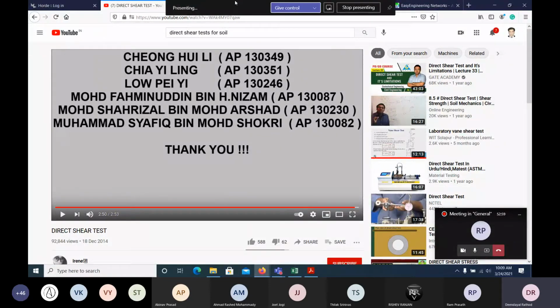What is the highlight of today's class? Here for the box shear test, we are applying not only vertical but also horizontal force, or stress. Normal and horizontal shear stress we are applying and we are finding the failure envelope. That's the highlight of today's class. And you try to go through some videos and you will understand easily. It's a very simple topic. We apply the shear stress and the normal stress and find the failure envelope. Where it intersects is called C, and the phi angle we find out, and from that we can get the shear strength, the Mohr-Coulomb shear strength.